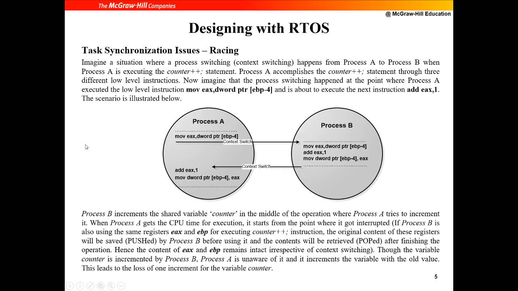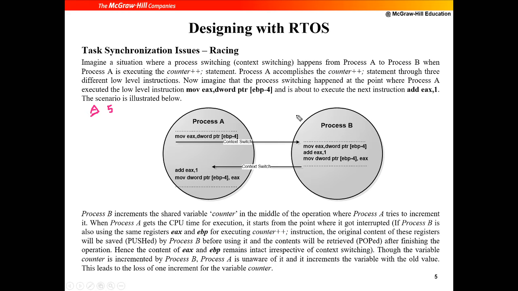Now let us say process A has loaded the current counter value, and then it has a context switch. I'll show this with an example. Let us say the counter value is currently 5. Process A has loaded 5, and then it has a context switch.